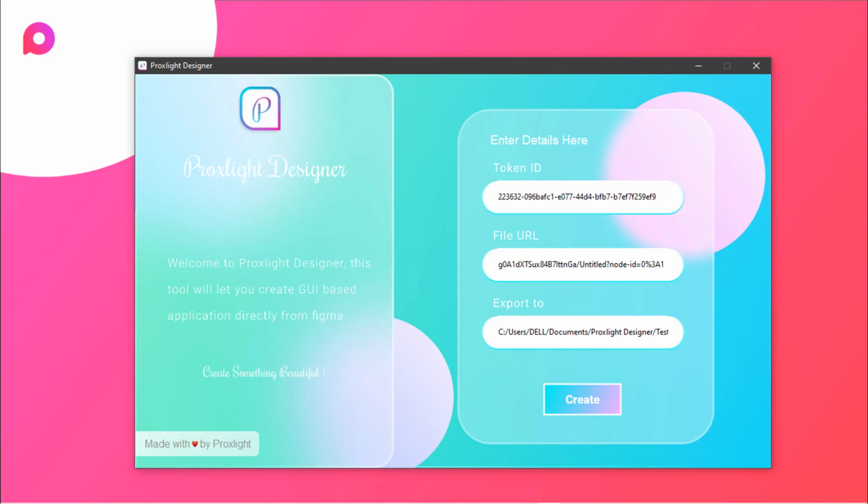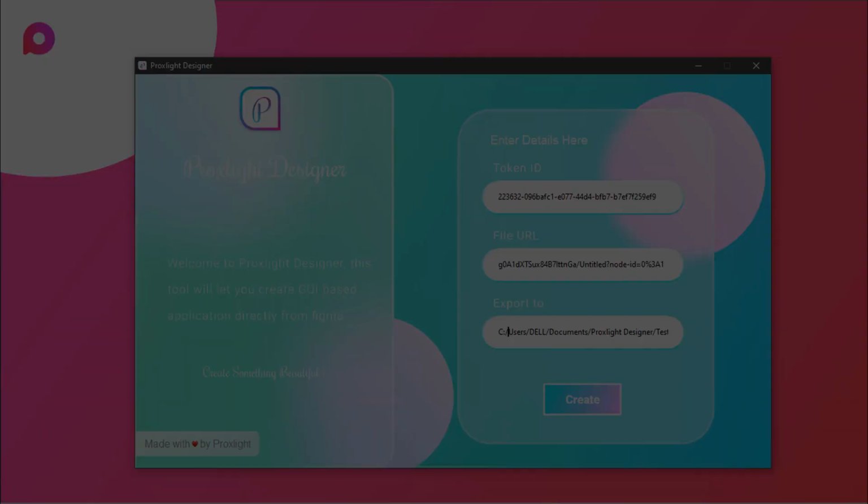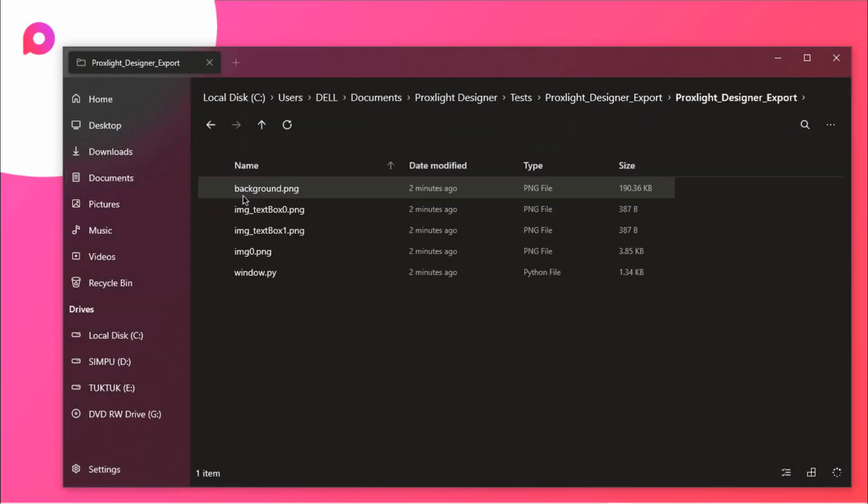Let's see the GUI created by Proxlite Designer. Here are all the files housed in a single